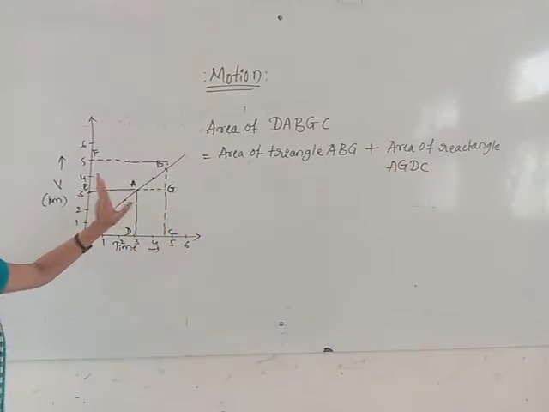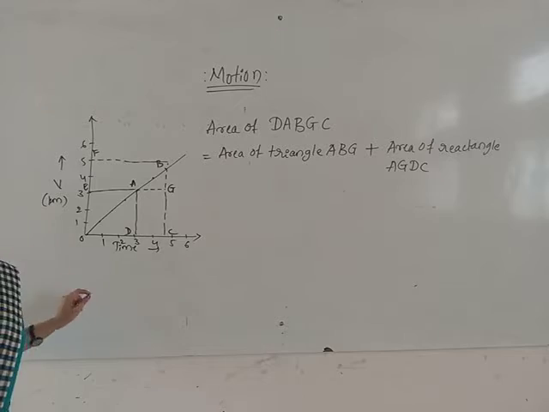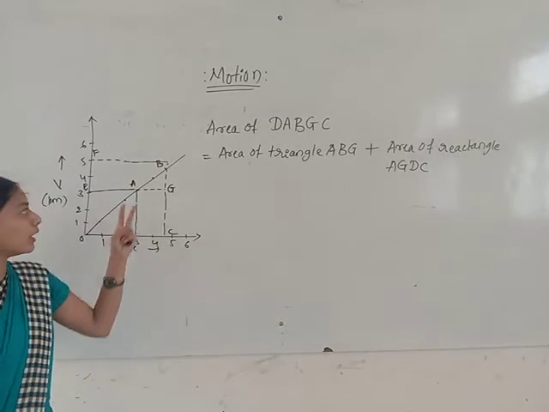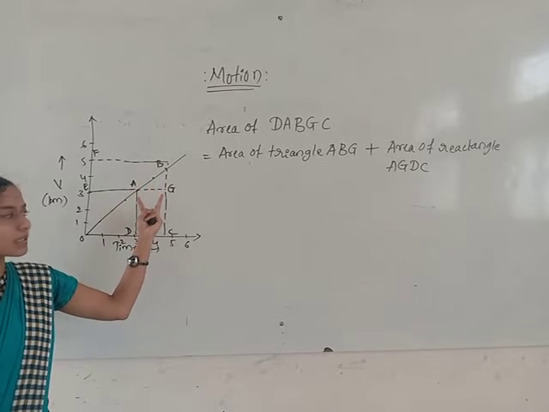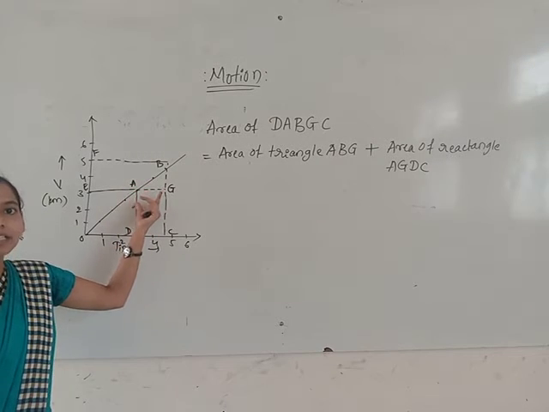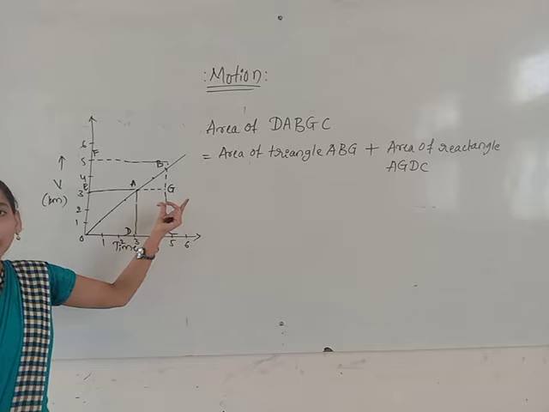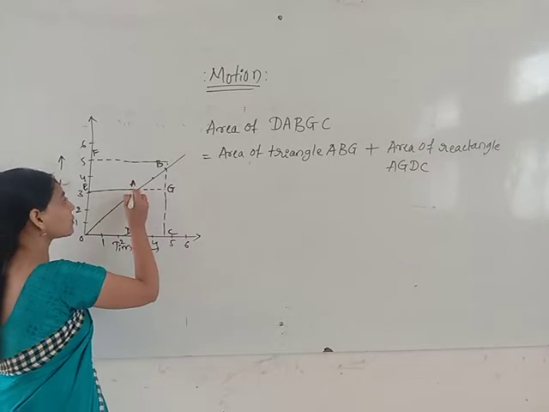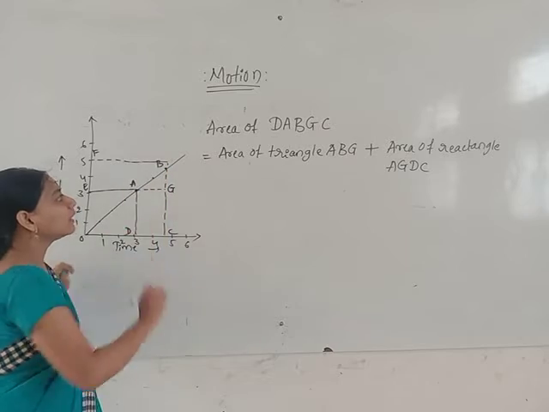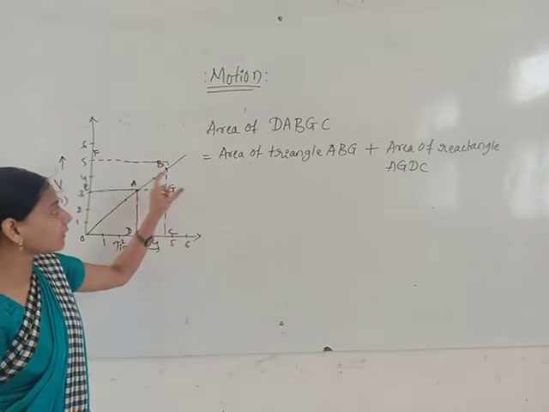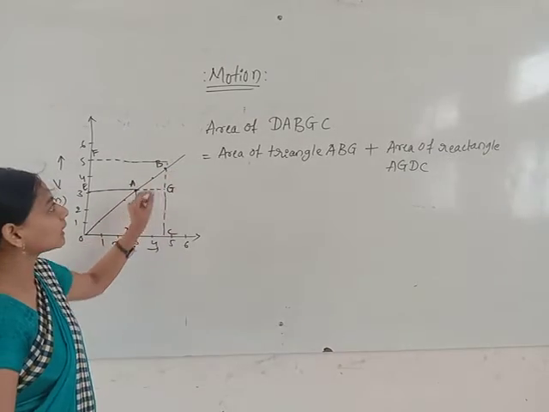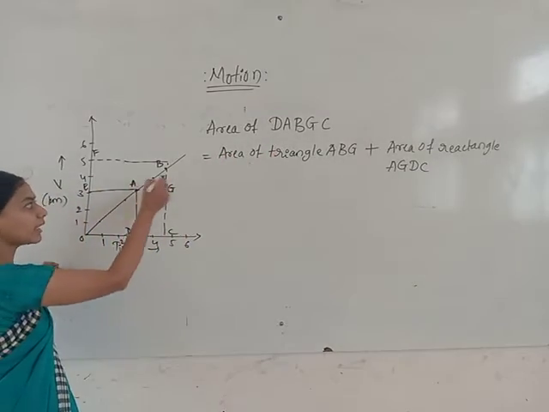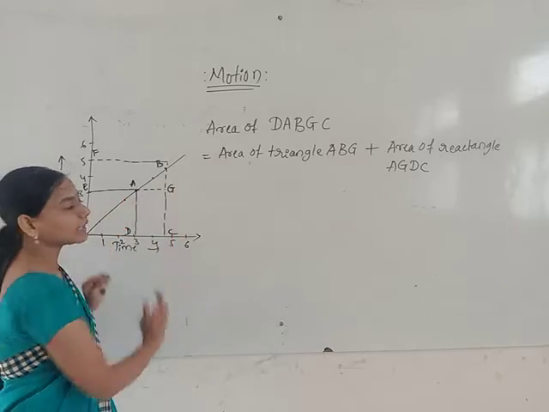First, in a velocity time graph, what do we have to determine? The distance between the 2 points. If an object is going with a uniform acceleration, how much distance does it cover between these 2 points, A and B? For deriving that, we have to take the area of the trapezium here, because whenever we join the lines, we get a trapezium.